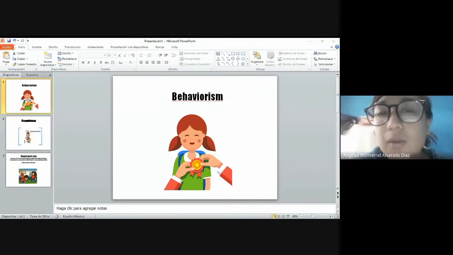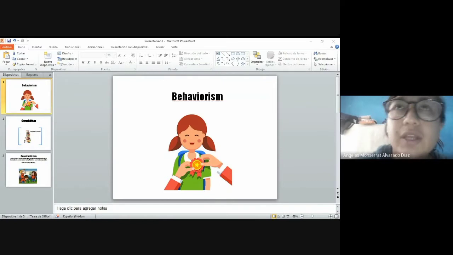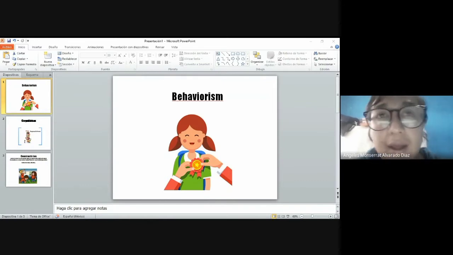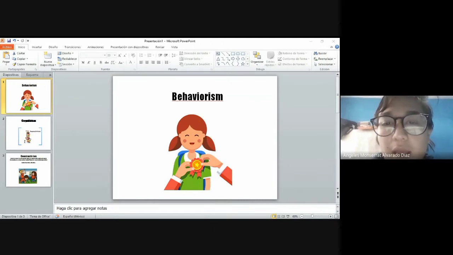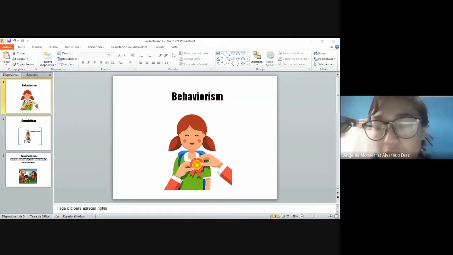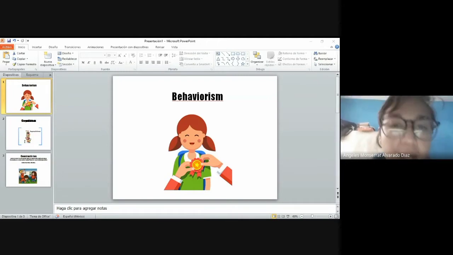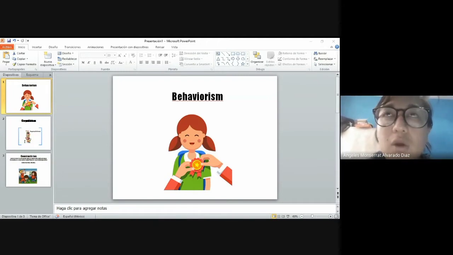Hello everyone. I will start with the concept of cognitivism. Cognitivism is also called cognitive psychology. Some authors identify it as a psychological instructional approach. According to the cognitive approach, knowledge is learned and these learnings